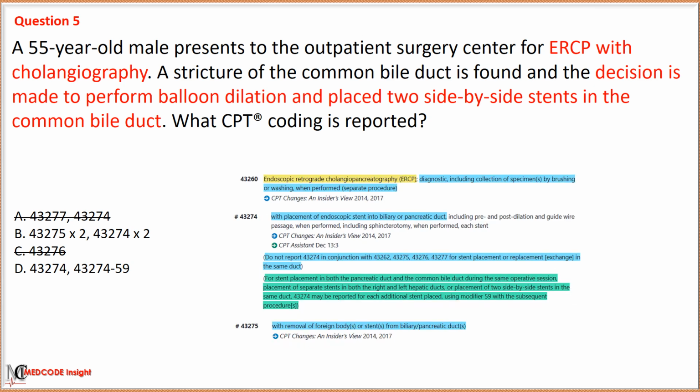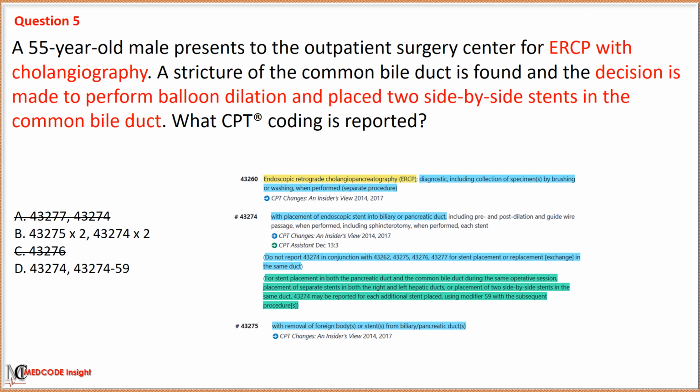To select the correct option, we refer to the parenthetical note under code 43274, which states do not report 43274 in conjunction with codes 43262, 43275, 43276, and 43277 for stent placement or replacement in the same duct.